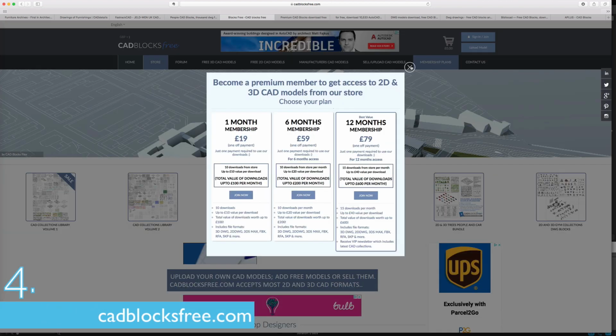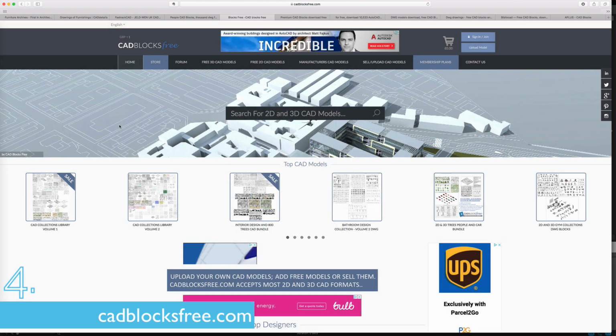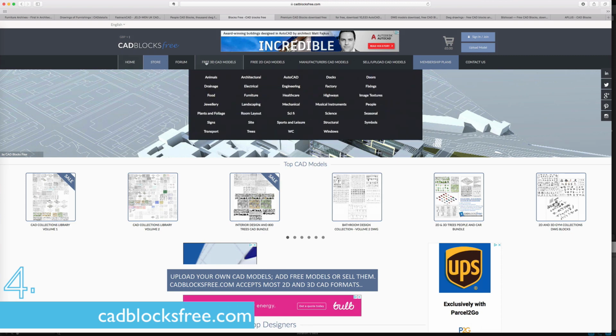Okay, so CAD Blocks Free, I guess, is a little bit of a misleading title for a website that has a lot of paid for CAD blocks. You can get some CAD blocks for free on here, and you don't need to sign up necessarily, but your downloads are quite limited. So they keep on bombarding you with this price list, but you can actually avoid that. Click on the free CAD models here,